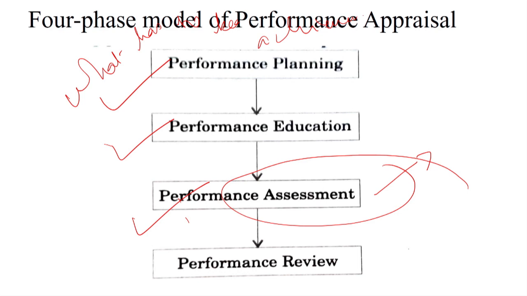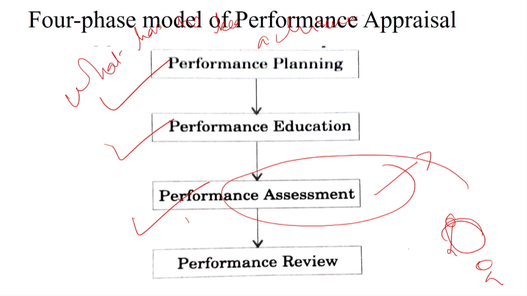Now here one has to bear in mind that the completed assessment form is usually reviewed and approved by the appraiser's boss. So whosoever is the immediate boss of the person, he or she will be doing the entire task of assessment. And lastly, it talks about the performance review. Here the manager and the subordinate will usually meet face to face across a table, and the manager will tell how the person has performed over the period, and whether the performance is satisfactory or not satisfactory.